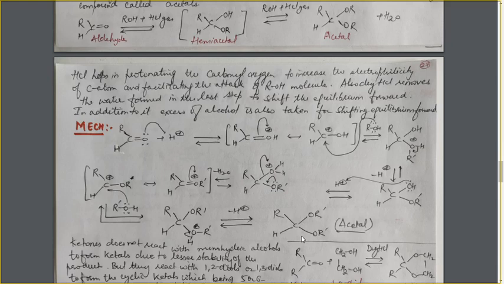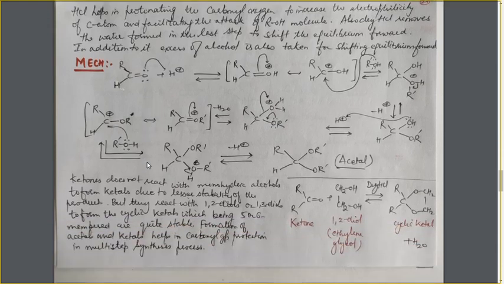What are acetals? Acetals are the gem dialkoxy compounds formed by the reaction of aldehyde with the monohydric alcohols, 2 moles of monohydric alcohols, 2 equivalents of monohydric alcohols. And what is the role of HCl here? HCl is removing the water formed in the last step to shift the equilibrium in forward direction, and also helps in protonating this carbonyl oxygen, which will increase the electron deficiency on this carbon atom and helps in making the attack of alcohol molecule on carbon faster.